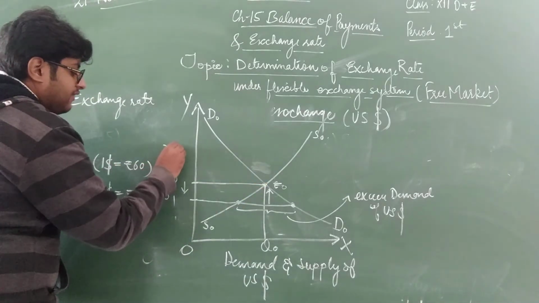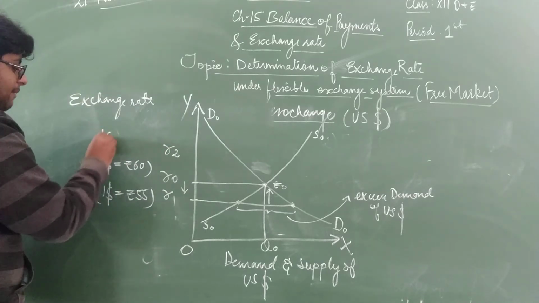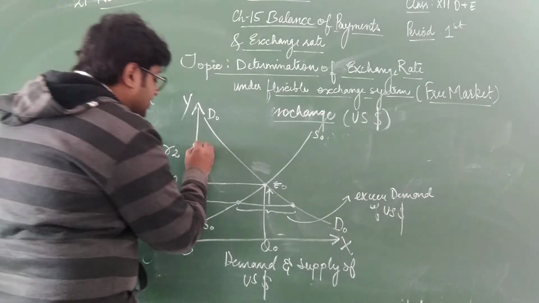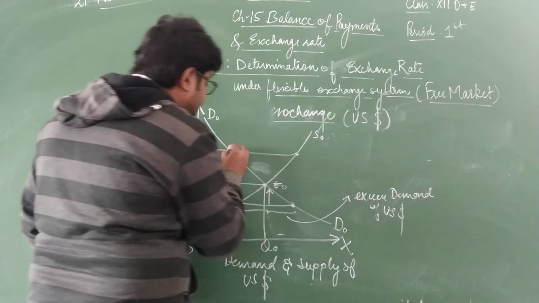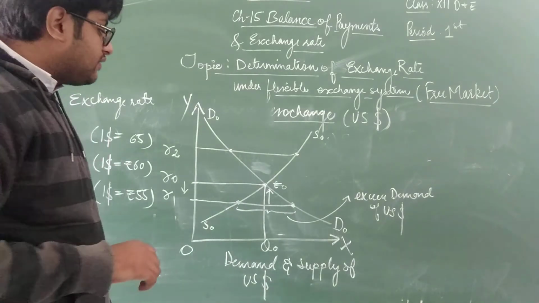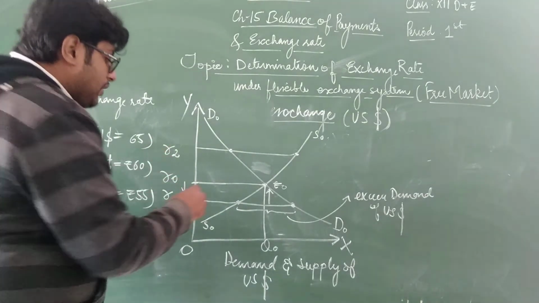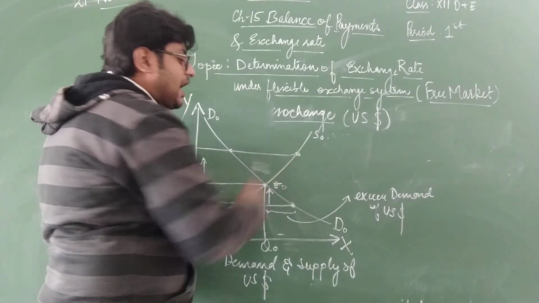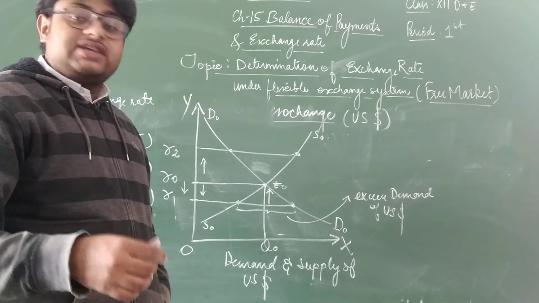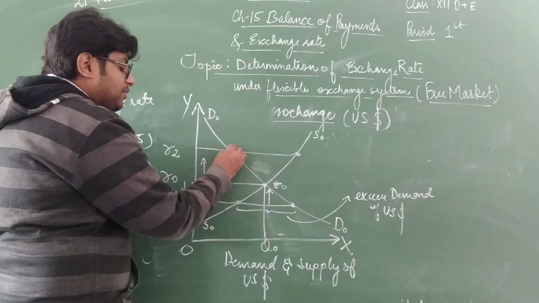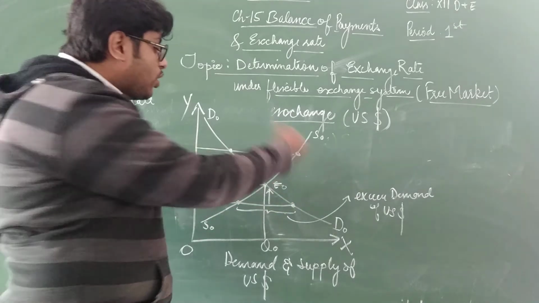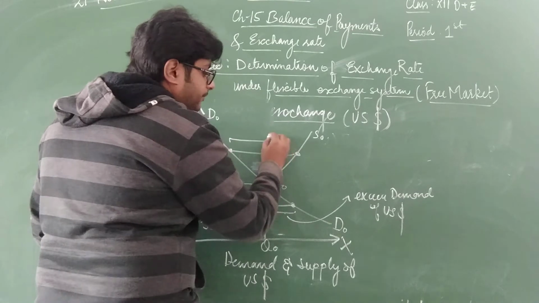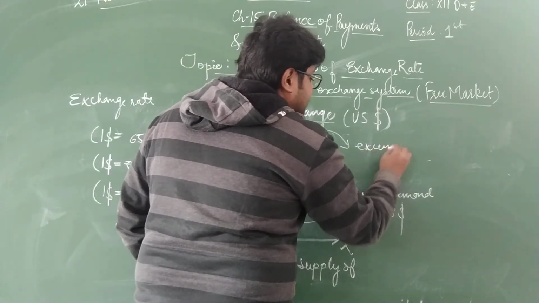What will happen if the exchange rate increases? For example, 1 US dollar is now at 65 rupees. Here, what will be the situation? See, the situation of excess supply, because I have told you, when the exchange rate increases, there is more supply of foreign exchange, that means US dollars, and there is less demand, because it is more beneficial for the exporters and less beneficial for the importers. So this will lead to a situation of excess supply